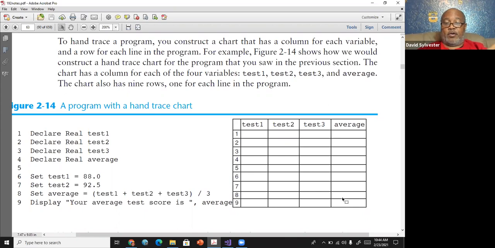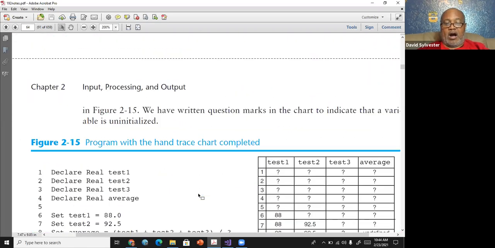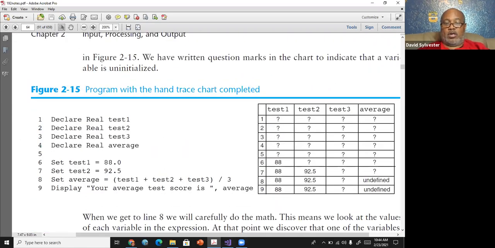They'll assign a 0. So then you put that 0 there, and then you take this plus this plus this divided by this. Oh, that's giving me my average. And then in the last one, what test 1 is equal to, what test 2 is equal to, test 3 is equal to, and average.